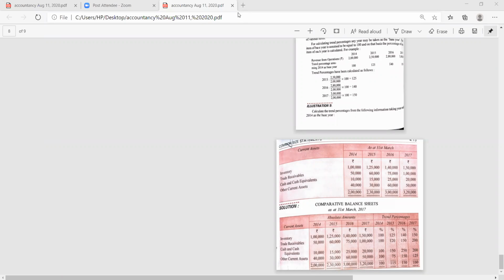Let's revise once again, both of us together. In case of equity and liability in balance sheet, the common base will be taken as total of equity and liabilities. When we make the analysis of the assets in common size balance sheet, then the total of the asset side is taken as common base. And when we have to analyze the statement of profit and loss, in that case, revenue from operation is taken as a common base.